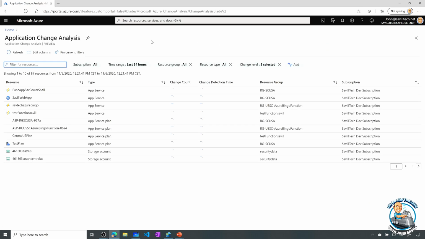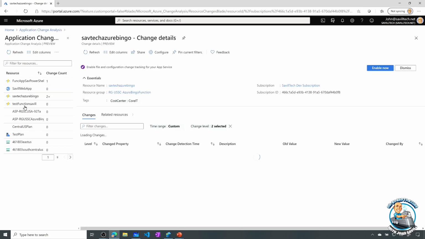So how many times have you gone and done a few things and then something breaks and you're really not sure, well, what changed and why did it break? So you can see what this is doing is it's quickly going through. It does 10 apps at a time, and I can go through pages. There's pages here at the bottom. But here I can see very quickly, well, okay, so for this app, this function, there's one change at a certain time. Okay, well, this function, there's 2 changes. I could maybe go and select this function,